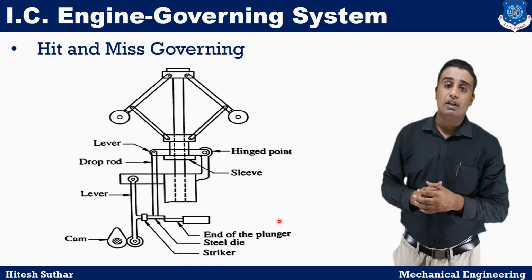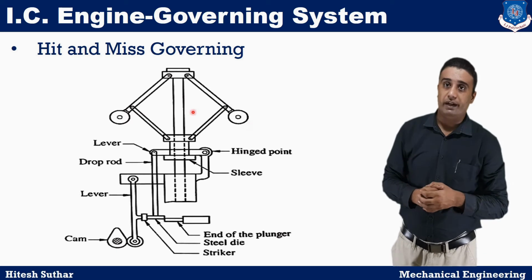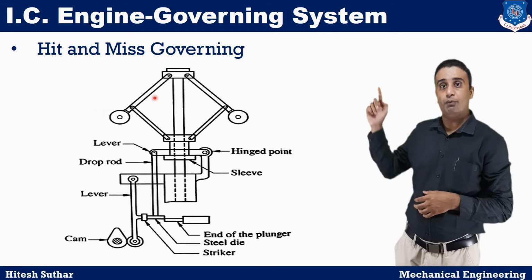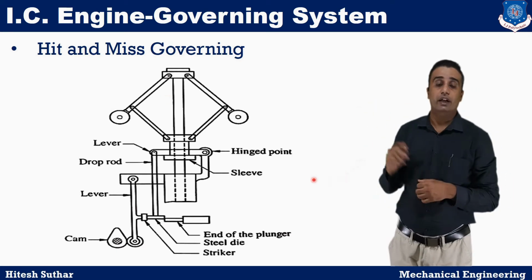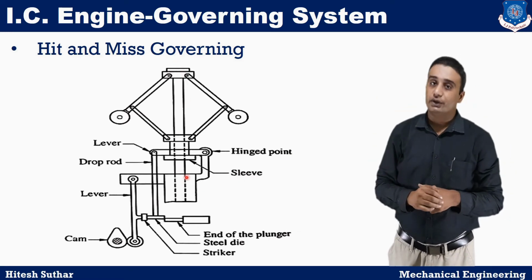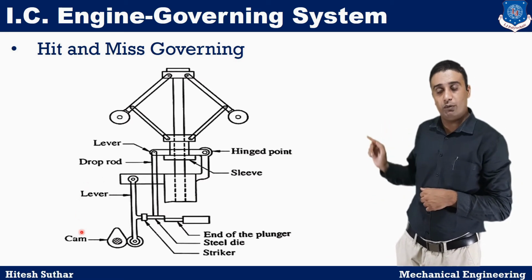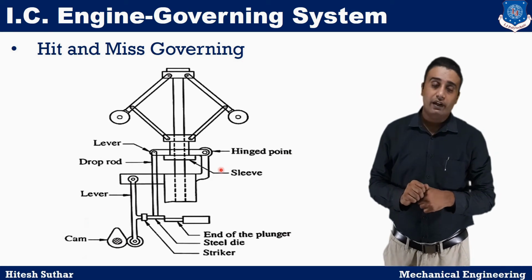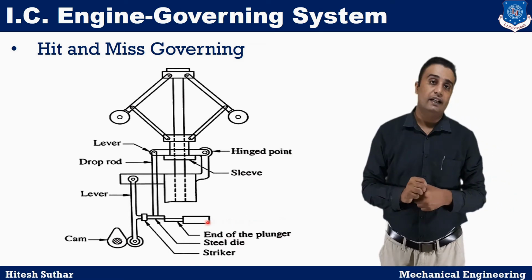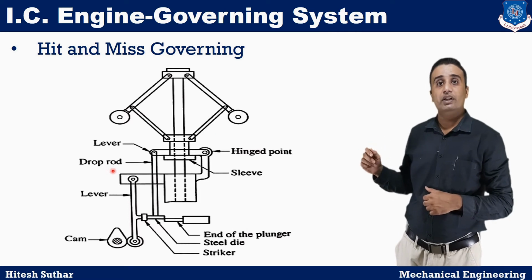A simple pendulum type governor is used for this method. As you see, there are fly balls and spindle mechanism. As the speed increases, the fly ball moves outward, means in the upward direction. Due to the moving of the fly ball in upward direction, the sleeve which is attached to it also moves in upward direction. As you see, with this sleeve, one lever is connected, and this lever is an intermediate component of camshaft and sleeve and plunger, and this plunger is connected with the fuel pump in case of diesel engine.